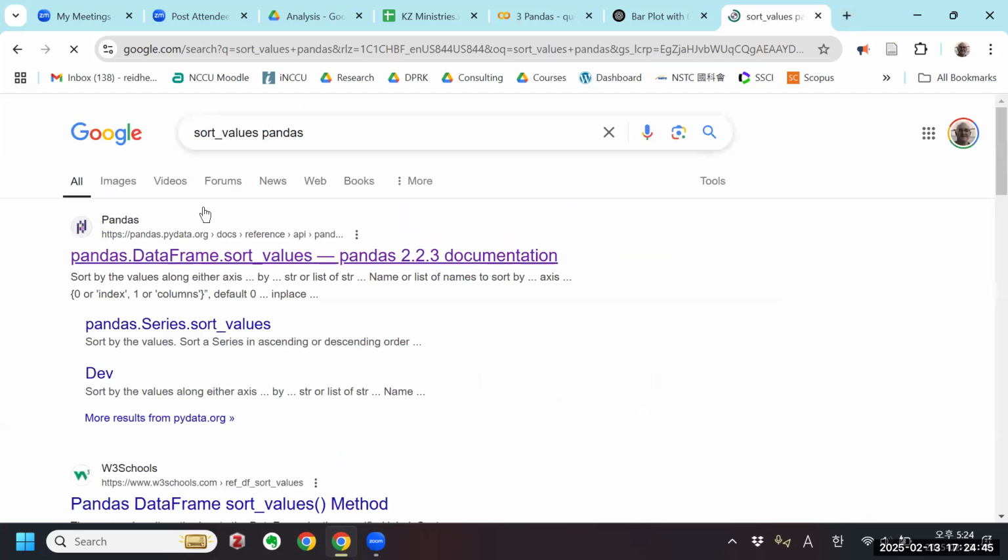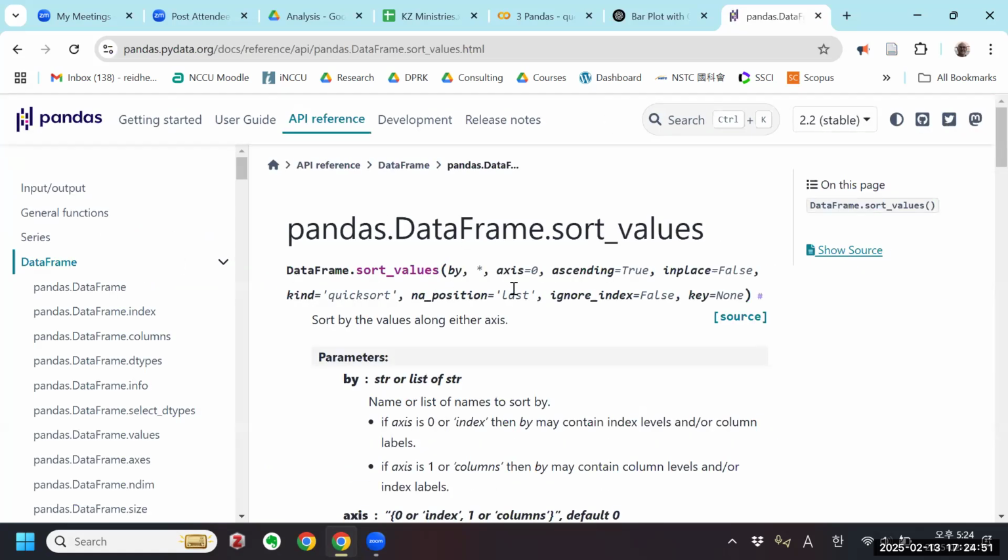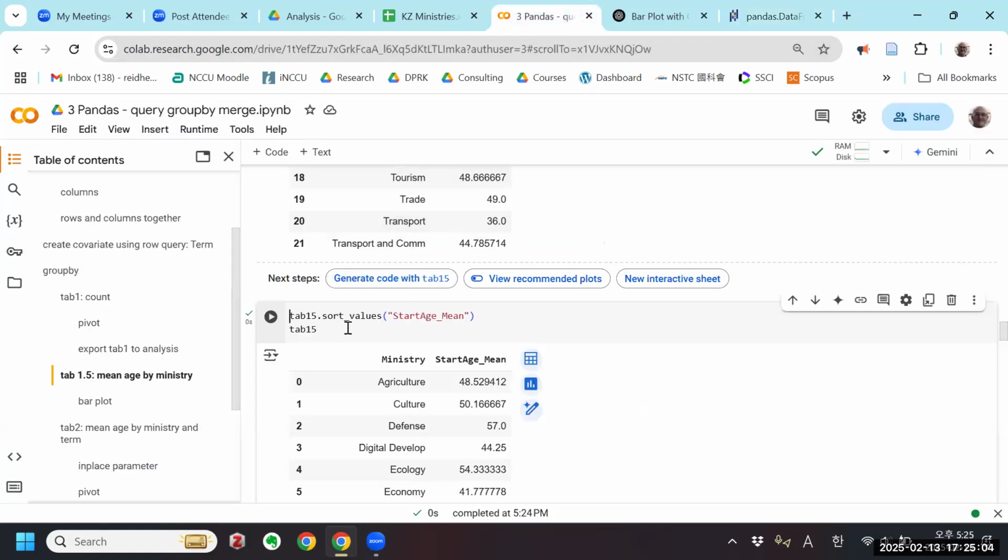So if we go to the API, you see it has the in place parameter and it's set to false, right? But if you set the in place parameter equal to true, then when you run sort values, it'll save over the top. So those are the two ways we could do it. So yeah, we can just do in place